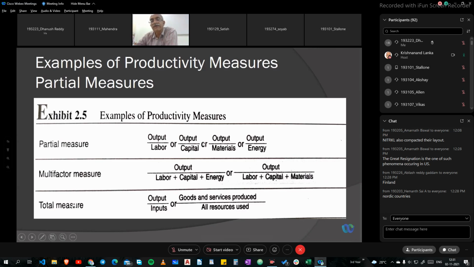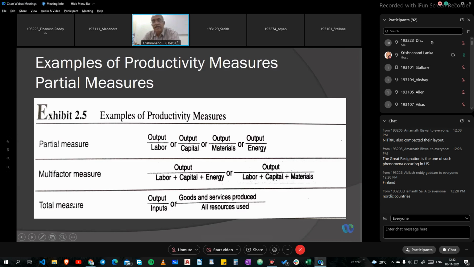Say, for example, if you take any publicly listed company, capital will be in two formats. One is debt and another is equity. Equity comes from the shareholders, whereas debt comes from institutional investors like LIC, banks, sometimes even international banks like Citibank, or sometimes the World Bank or the Asian Development Bank. So this capital can come